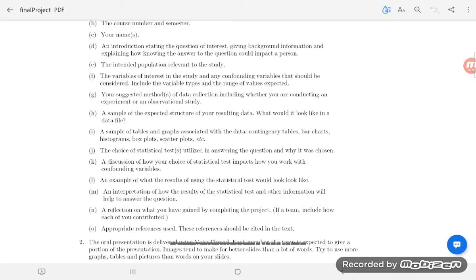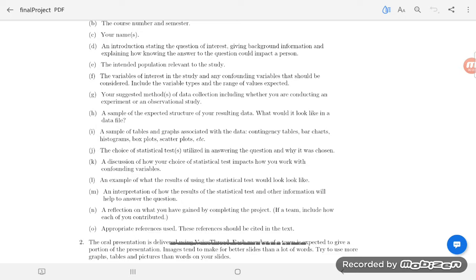Okay, I thought it would be helpful to look at the required items for your final project document and compare them to a project that did quite well at one point. And so, of course, course number, your name, and so forth, but